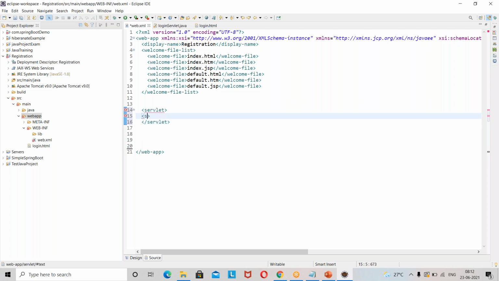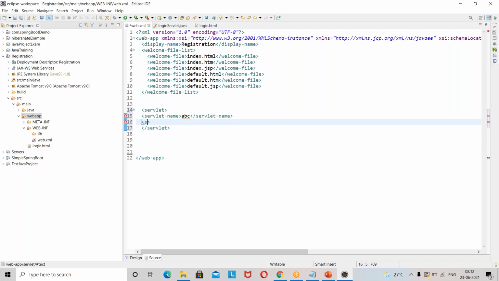The name is just like an ID. I opened a servlet tag and I close the servlet tag. Inside that, I'm writing two child tags. Here I'll write the servlet name, something like ABC. This is just like an ID; you can give whatever you want.